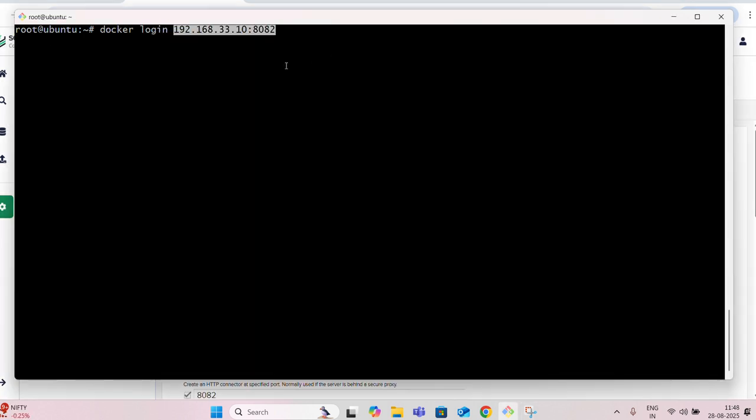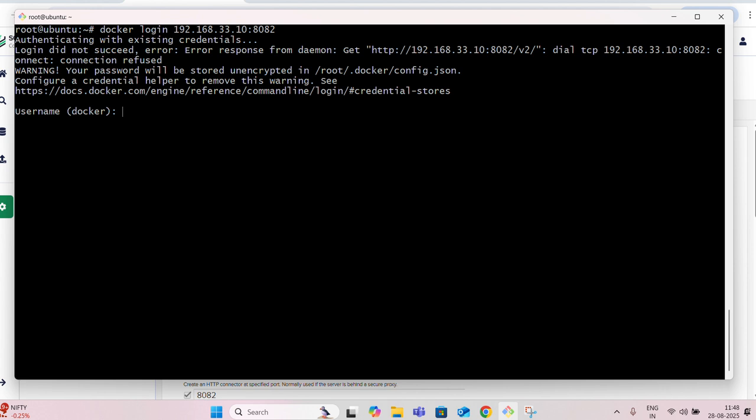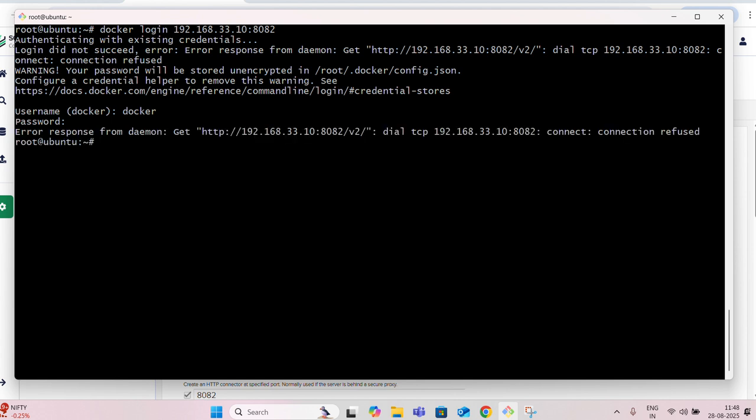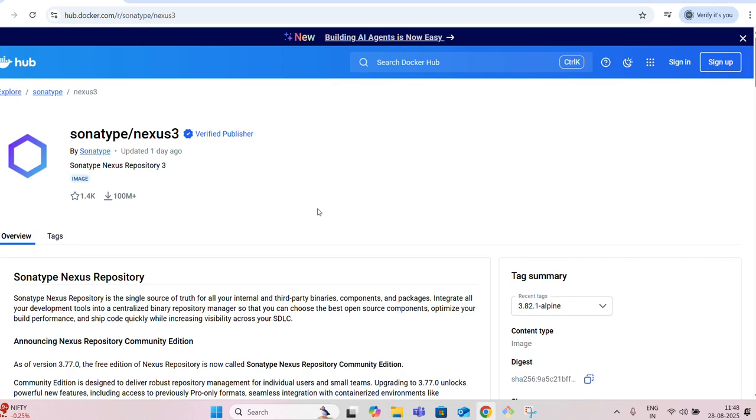Now try to log in by using docker login, give the registry, give the username Docker, and give the password Docker. Here it will show an error. That means the connection to this port is refused.